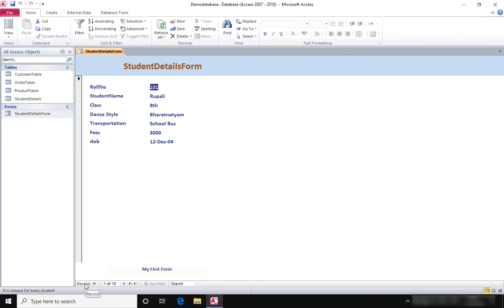You can see from the status bar that it is the record number 1 of 10, means there are total 10 records. You can click on the next record button to go to the next record and you can see the data present as second record, and this way you can keep on traversing to the different records of the table. If you want to insert a new record, click on New Blank Record button. But before that, I want you to see the contents of the table.